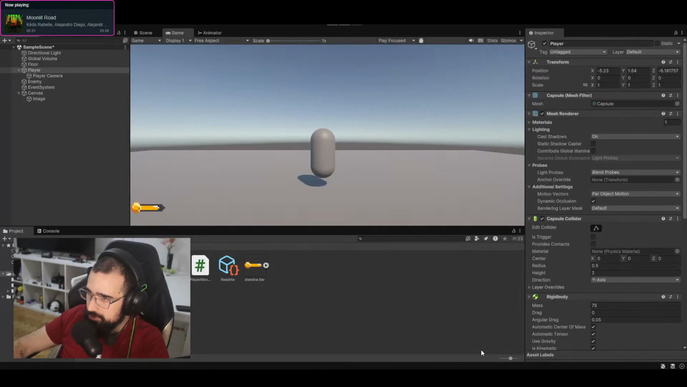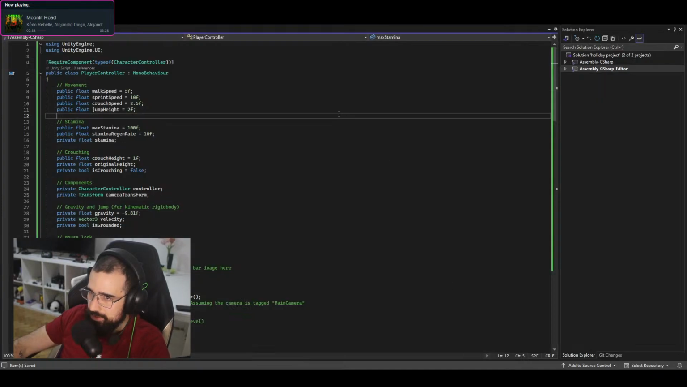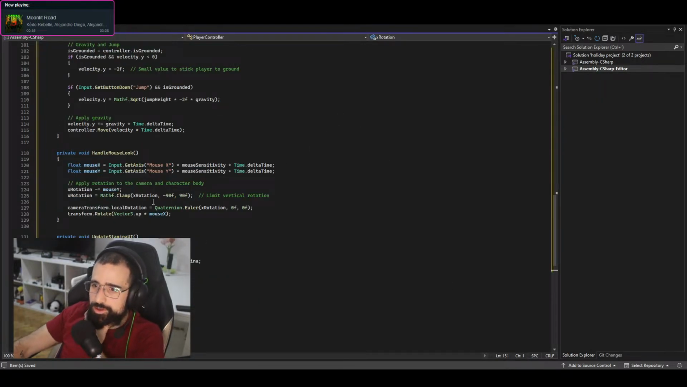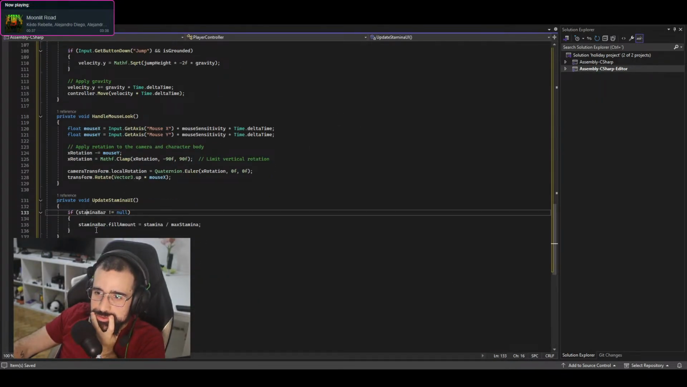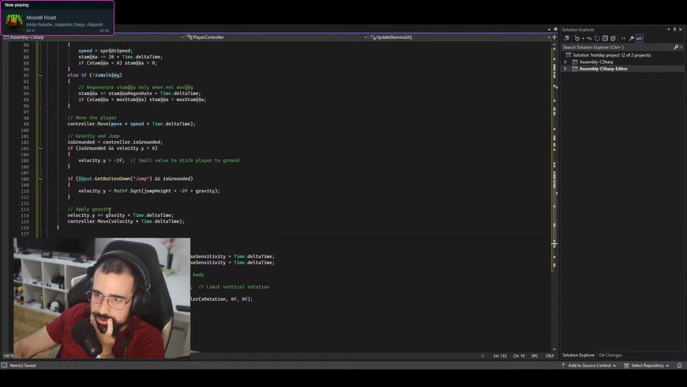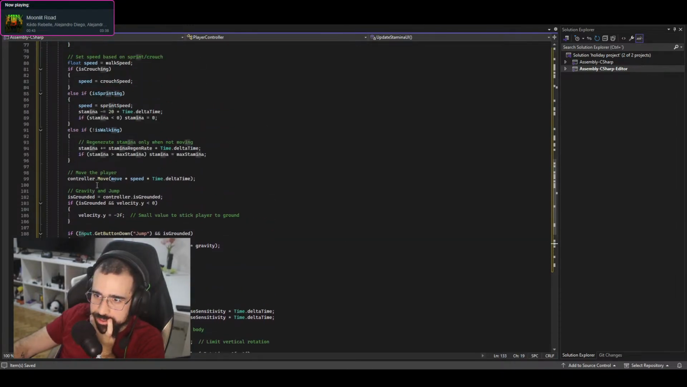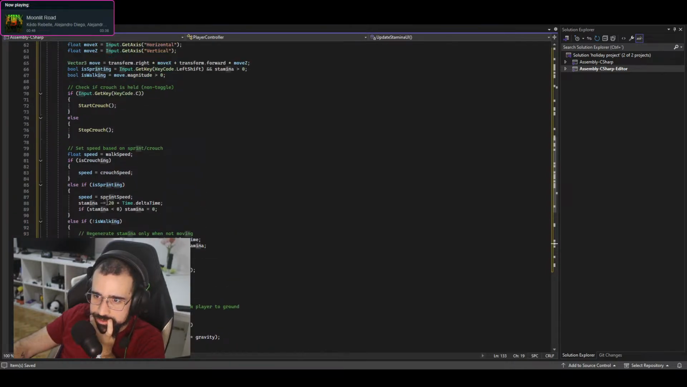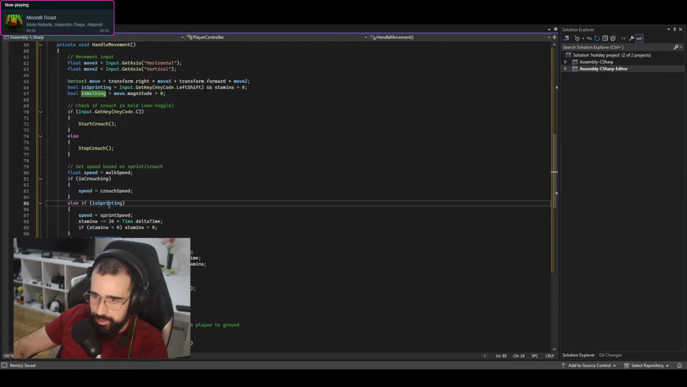Copy code. Okay, so let's go to update stamina. Don't need that. Handle mouse look. What is the regeneration? If it's not walking, it will regenerate stamina, only if the stamina is not at maximum. Good. If it's sprinting,